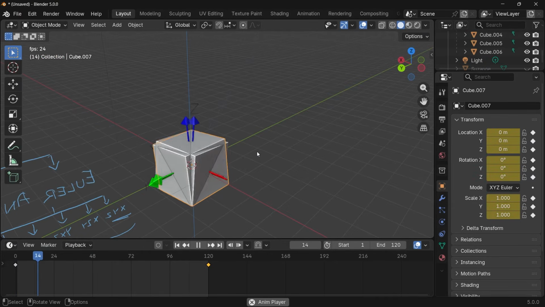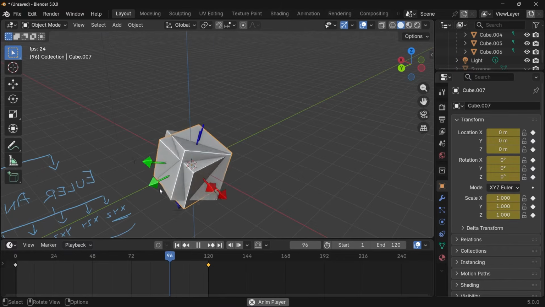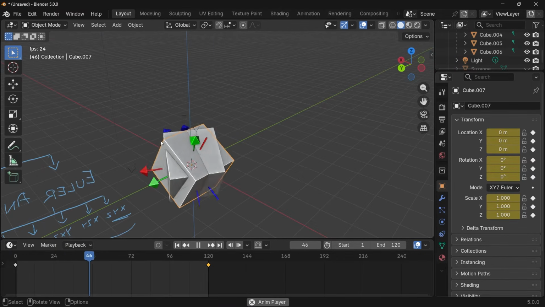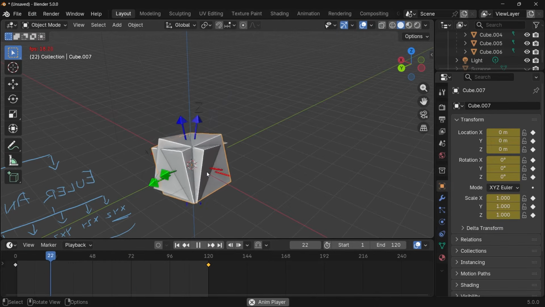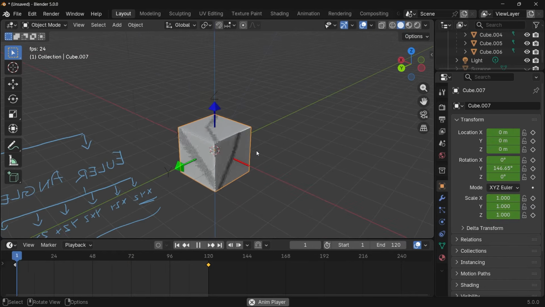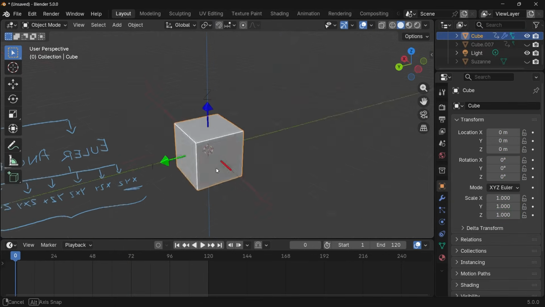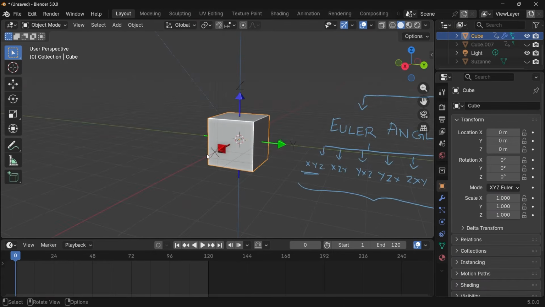So here you can see the two rotations side by side, where one is just rotating about the y-axis and the other one does all of that other rotation to finally end up in the exact same position, but it does a lot of weirder rotations as well. So those are things that you might have to take into consideration when animating for XYZ Euler or any Euler angles as well. And that finally brings us to the next type of rotation that's available within Blender, which is